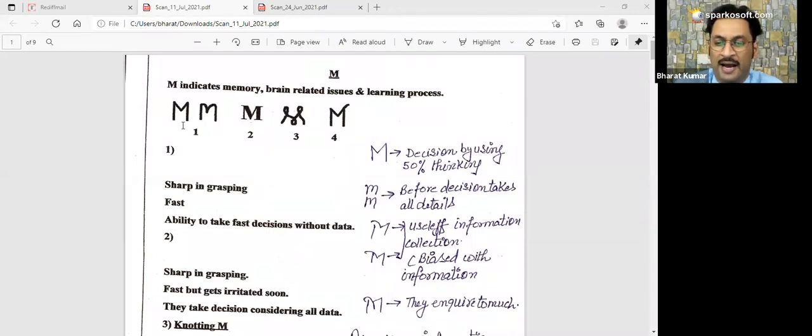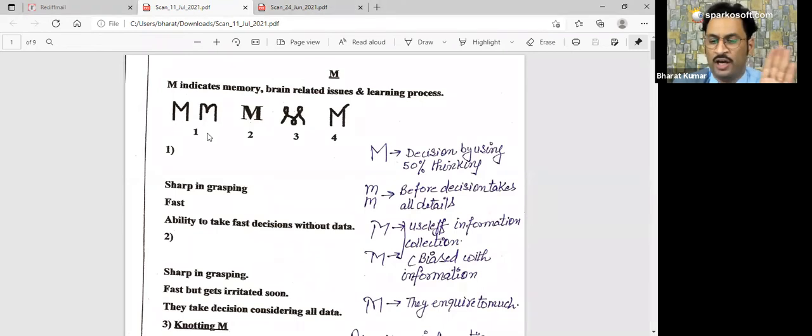So if you have a balanced M, both sides have equal height, the V is made properly in the center part, and the depth of this V is not too low. If you have a very deep V inside the M, it is a negative sign. Like small letter M, a sample is given with a 1. It resembles the small letter M, and many people also write it as the capital M. So when you write capital M in management, your M may resemble it.